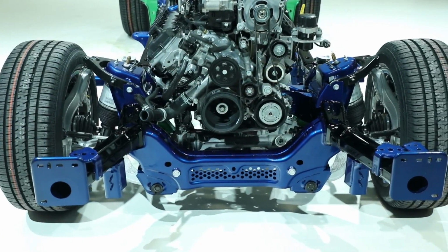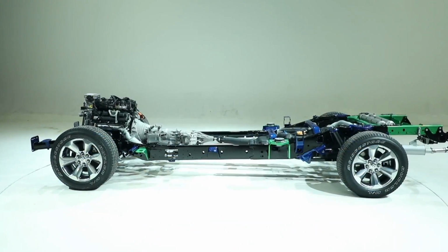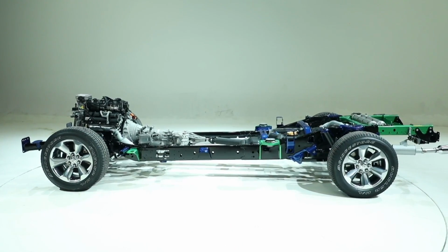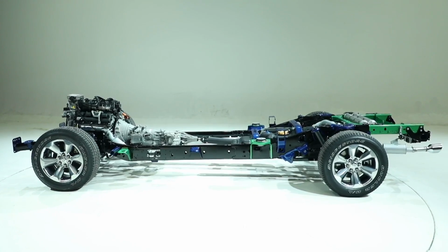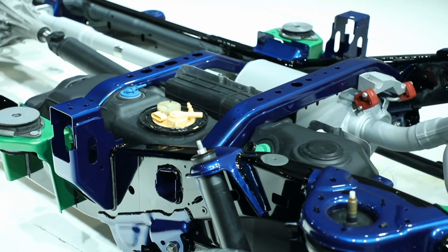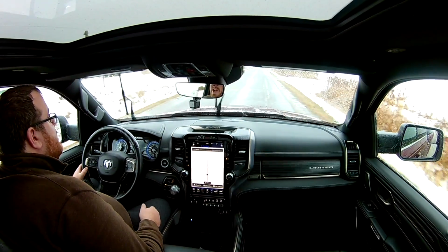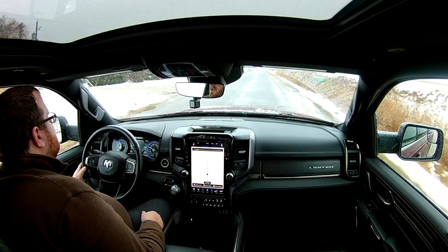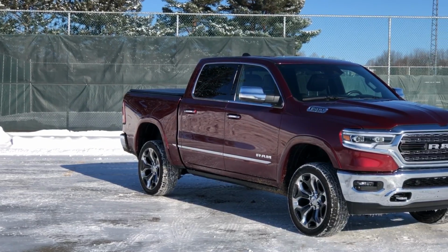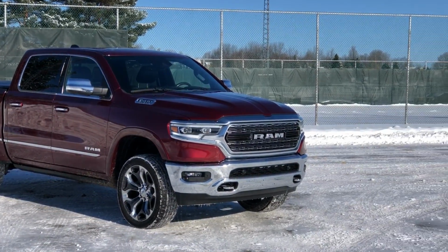Now, we just drove the F-150 2019, but it was the diesel version. If you go with the new Limited for the F-150, they were using the same engine as the Raptor. It's Ford's 3.5 liter EcoBoost high output engine, and it does 450 horsepower and 510 pound-feet of torque. So you do get that now on the top end vehicle, which makes sense. If you were to compare those two, there's certainly a lot more power when it comes to the Ford. But we haven't had a chance to drive it in the F-150. We did in the Lincoln Navigator,